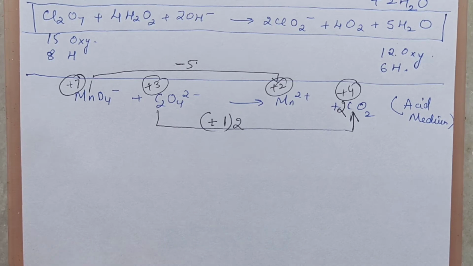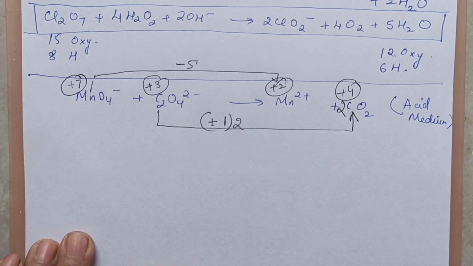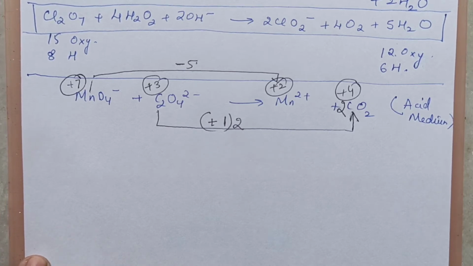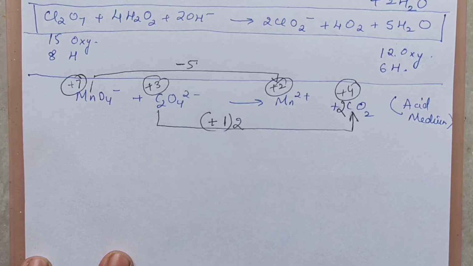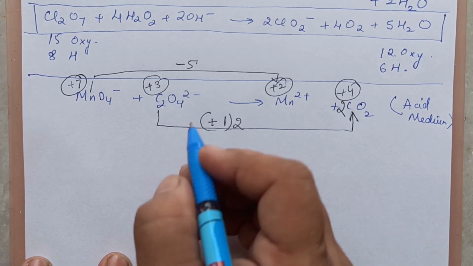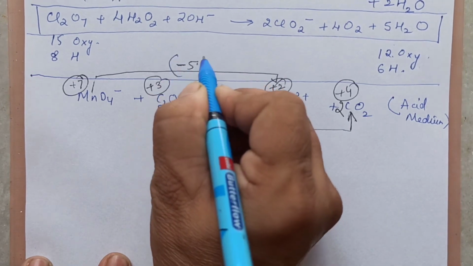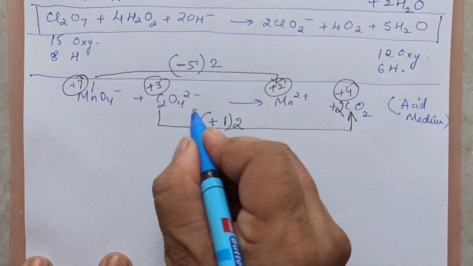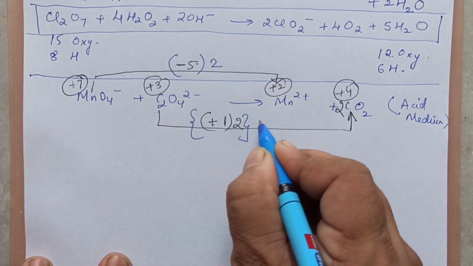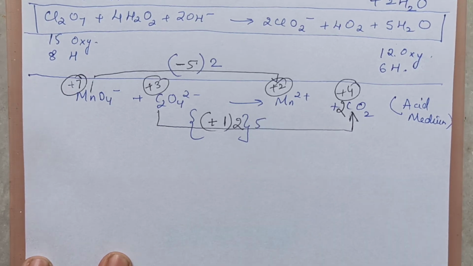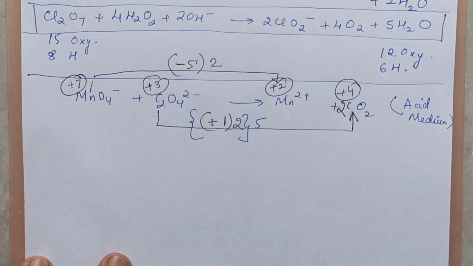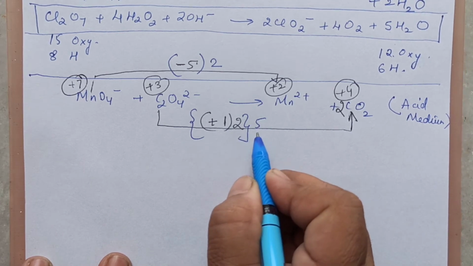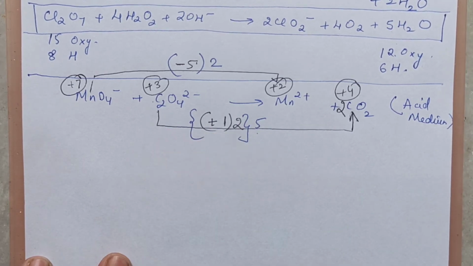Now we have to make the increase equal to the decrease. That I will write with the blue pen so that you do not get confused. Increase is by 2, decrease is by 5. We have to make increase equal to the decrease. That means we can crisscross. We can multiply this with 2 and we can multiply this with 5, so that you have 5 into 2, 2 into 5, that is 10. So whatever you are multiplying, you will put them as the coefficients now.